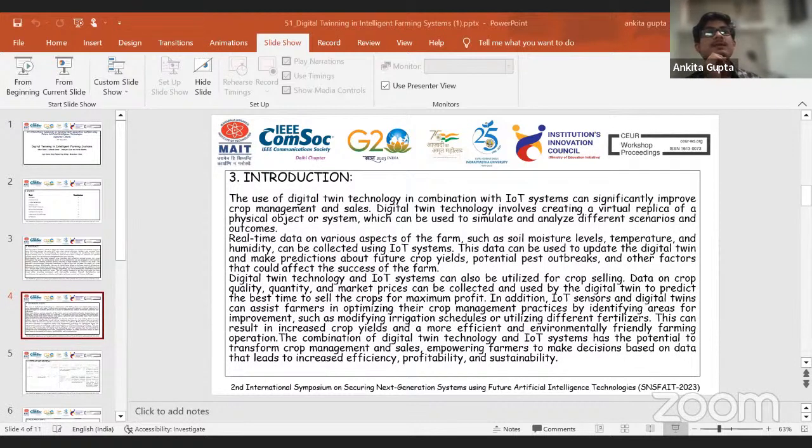Yes, sir. So digital twin means create a replica of real objects, and by using that replica, we can use something in virtual manner. Sir, for example,